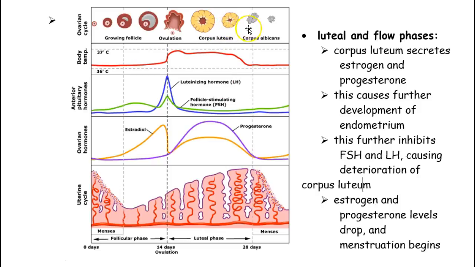the corpus luteum to start to break down, because as the cycle repeats itself, there'll be a new corpus luteum available to secrete estrogen and progesterone. We want to control how much is being secreted, so the corpus luteum from a particular cycle has to degrade before another cycle begins. Once it deteriorates, it's not going to be there to secrete any estrogen or progesterone, so their production is going to drop, and that's going to cause the endometrium to no longer be sustainable, and it's going to degrade,